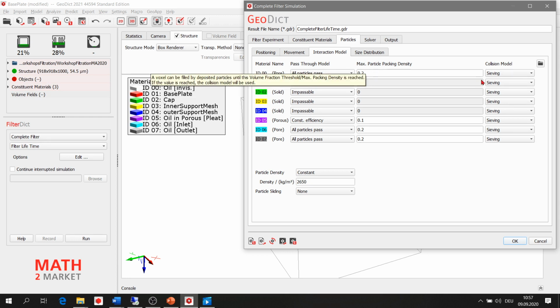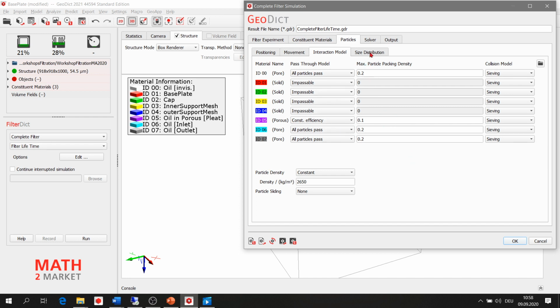After that, when a new particle comes and hits this full voxel, then the collision model of sieving will be considered. And also for the rest here.